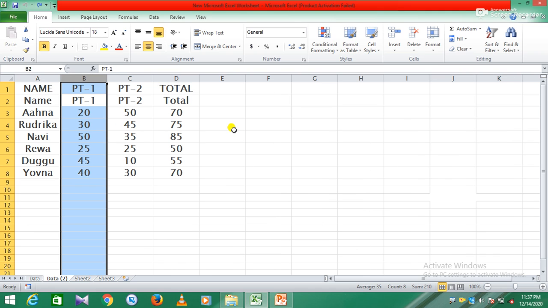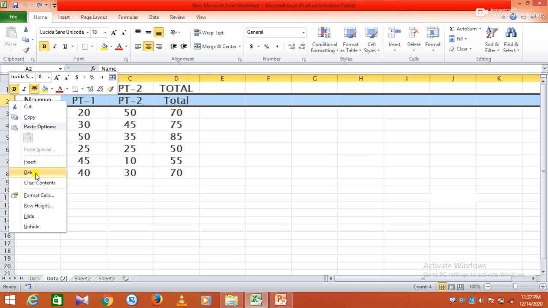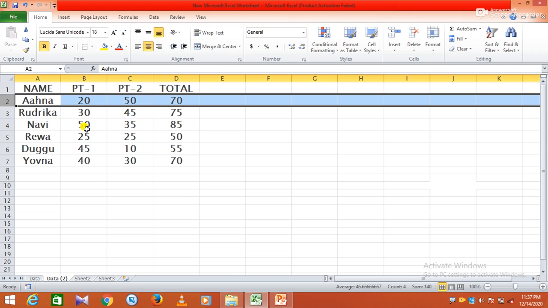Now next is find and select the data in a given range. Suppose you have a data range, like this: name, PT1 marks, PT2 marks and total.